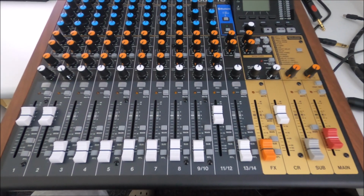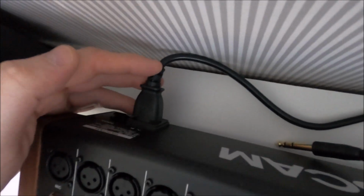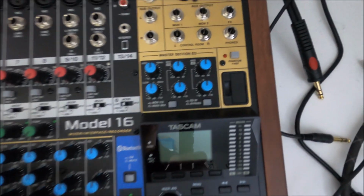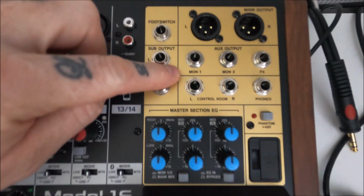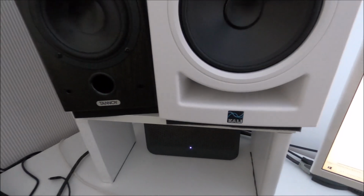Okay, so the first thing you're going to want to do to get the Model 16 up and running is first of all connect the power supply. Plug in the cable and plug in a USB if you're going to connect it to a computer. The second thing is this is your output section, so this is the way your audio is going to come from. So for me, I'm going to plug in my Kali Audio LP6